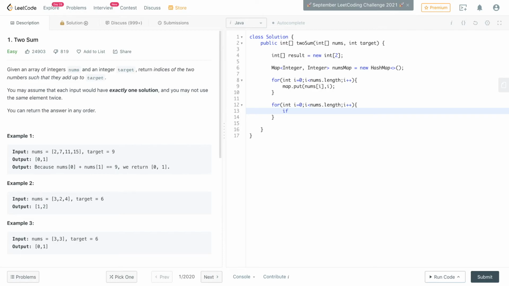We will first check if our map contains the key which is target minus current element, right?